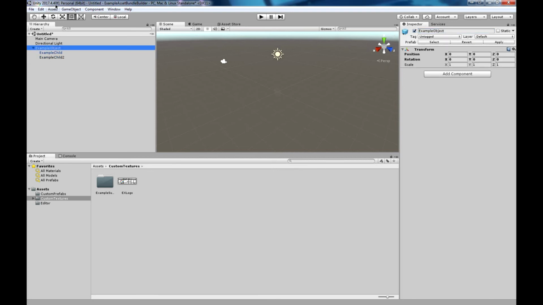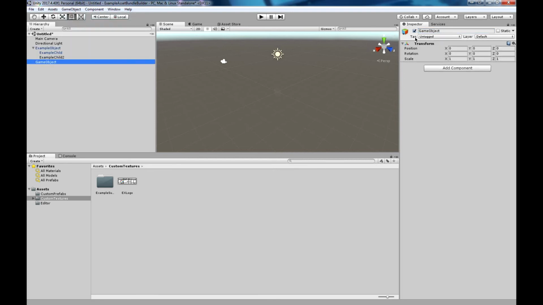So if you have two of these, like example object 2, this prefab can have childs with the same name as these, because these aren't linked. You can't access them in the code. You have to, not directly, you have to load them from their parents, and these parents are unique. As long as the parents are unique, these child objects don't have to be unique from other child objects on different parents. That part you don't have to worry about,